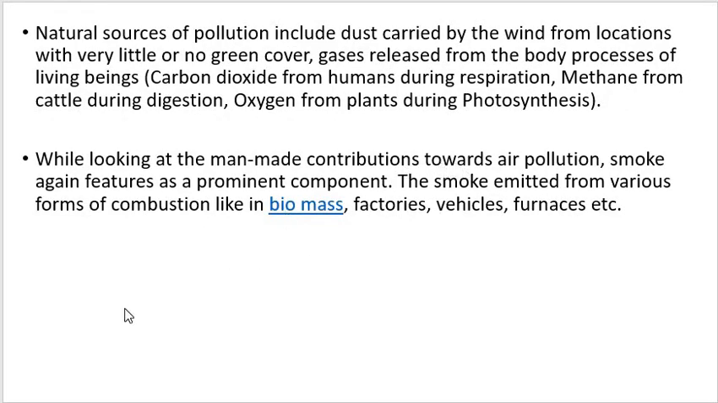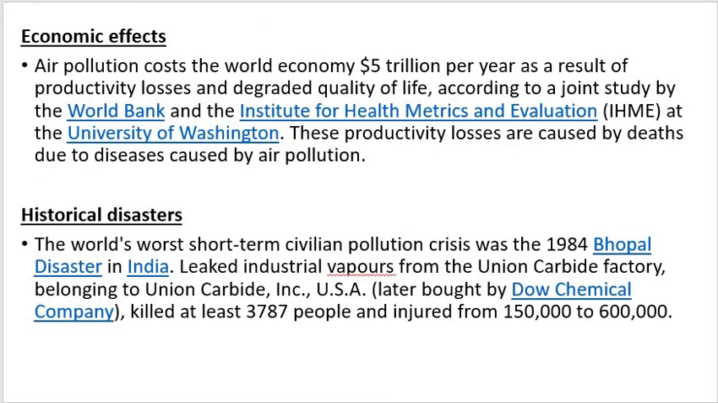The smoke from various forms like combustion and biomass, factories, and vehicles we will also discuss. So we move forward. Next is about economic effect. Air pollution costs the world economy almost